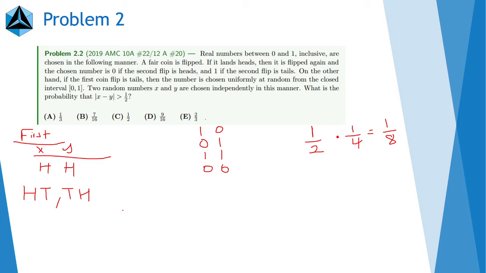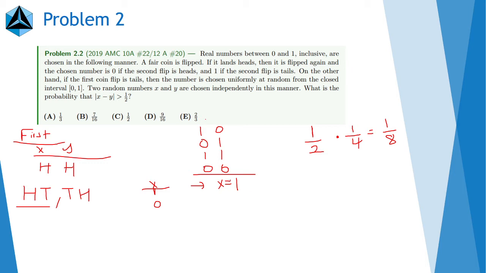If we pick x, we'll multiply by 2 at the end to account for the two cases. Actually, no, I'm not going to do that because we're already going to multiply by 2. So let's just take, for example, the HT case. Let's say we pick x to be 1. X is going to be 1 or 0. Let's say x is equal to 1. If x is equal to 1, then